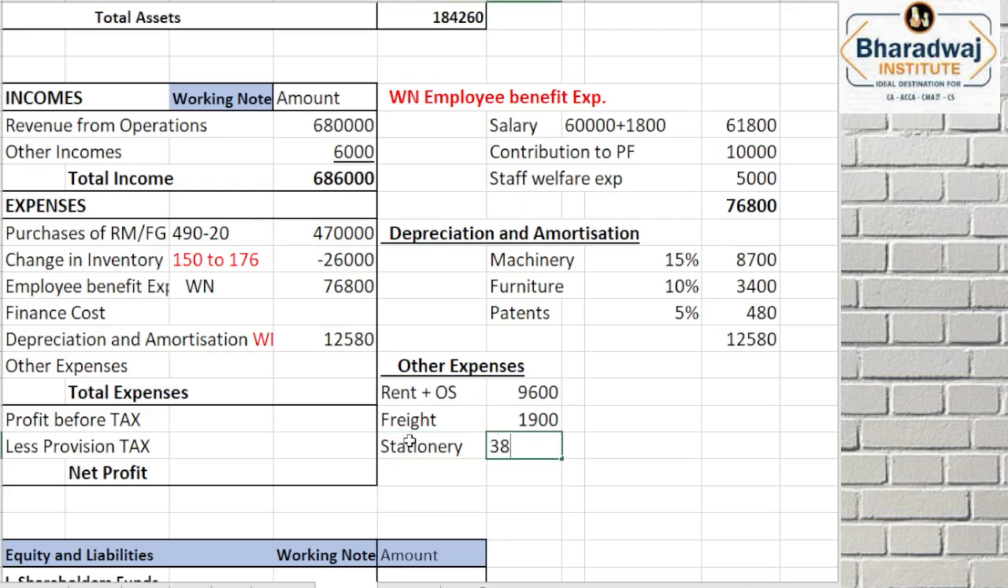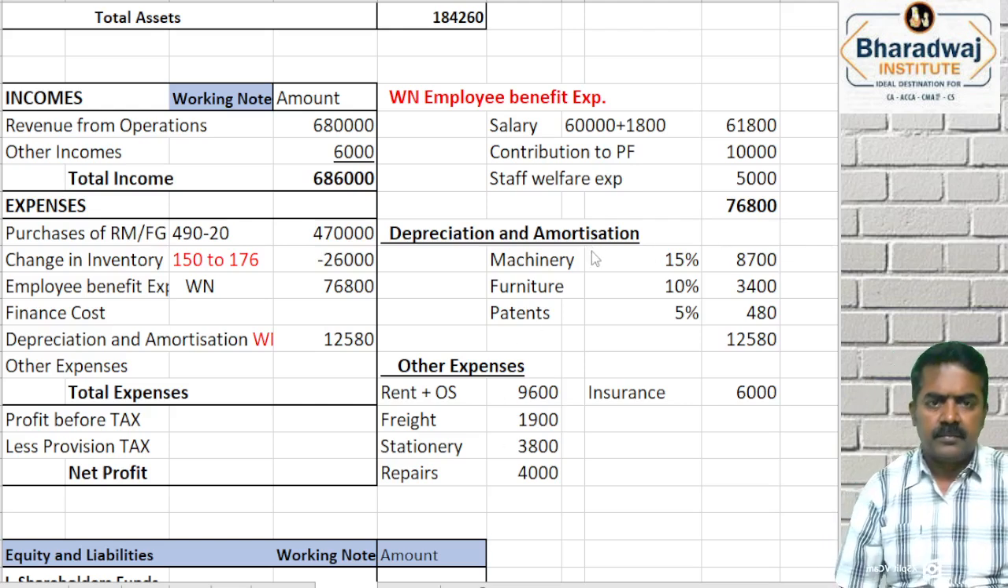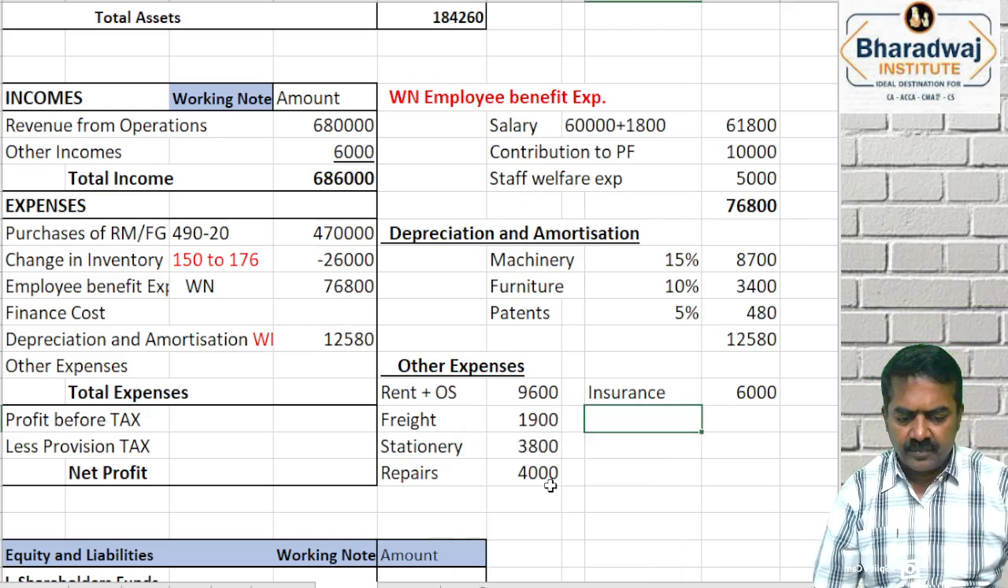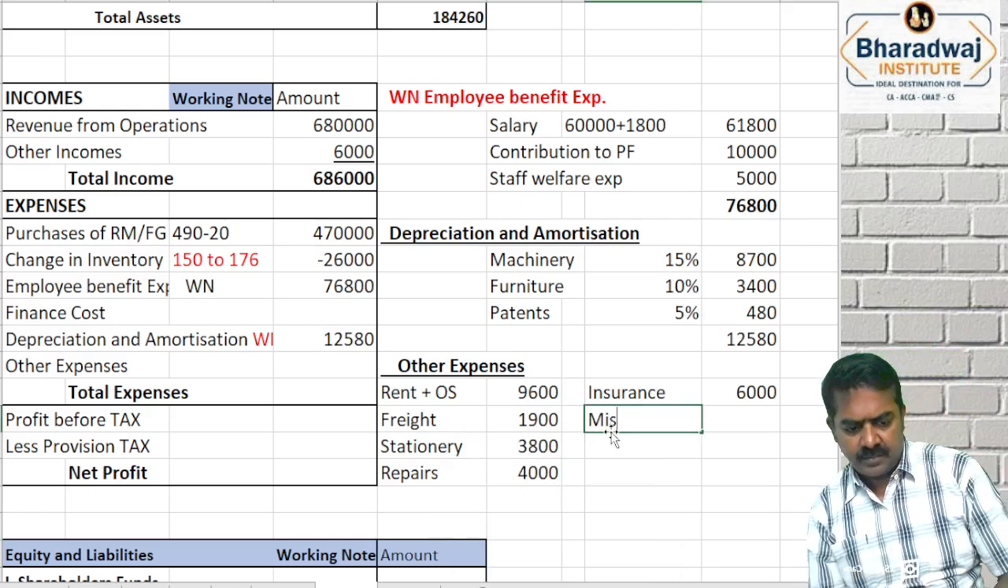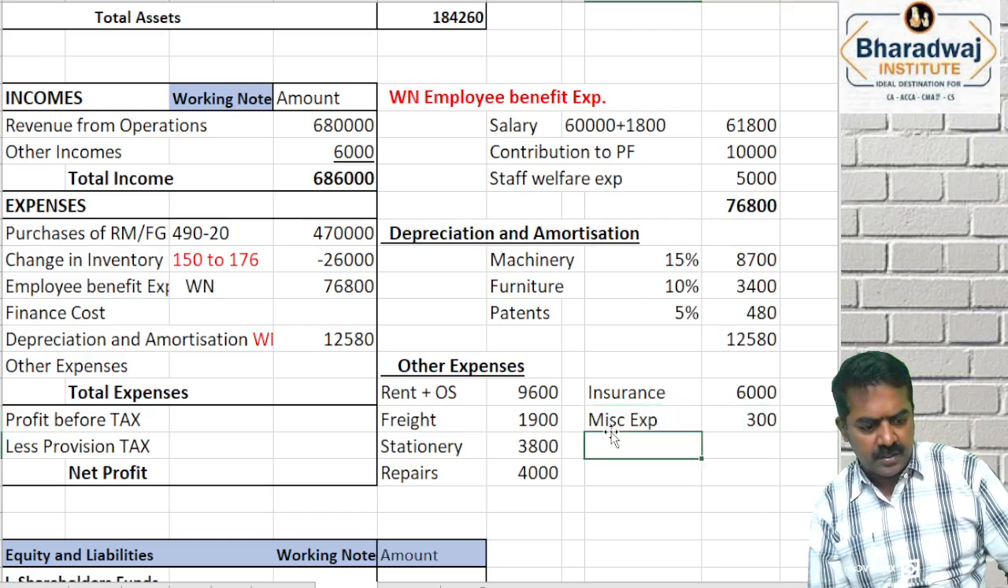Stationery 3,800. Repairs 4,000. Sir, insurance 6,000. Insurance 6,000. Then what else will come? Miscellaneous expenses 300, sir. Miscellaneous expenses 300. Then